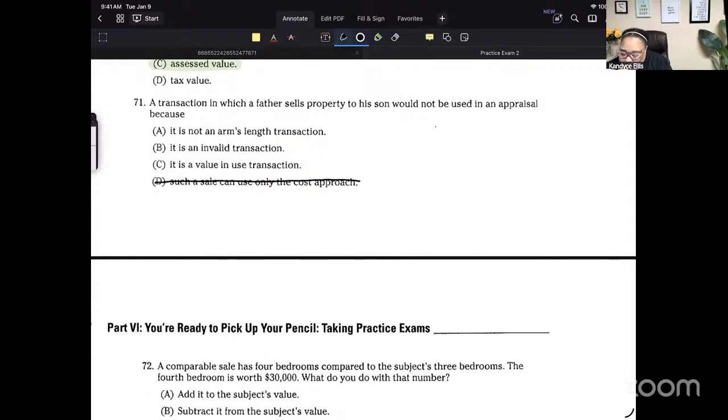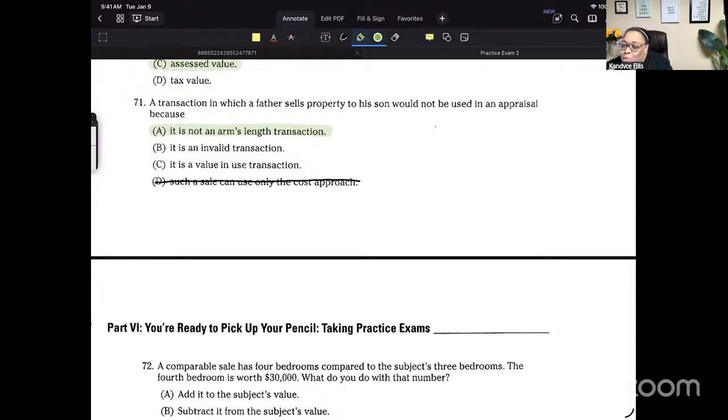Any guesses? Now, this is the second time we've seen this value and use thing, but yes, Caroline, the answer is A. You are wonderful. It's not an arm's length transaction. And what we mean by arm's length transaction is, whether you're an appraiser or you're doing a CMA as an agent, a comparative market analysis, you don't want to include properties, like when you're comparing what this property should be sold for, where the sale is not arm's length, or one of those comp properties,